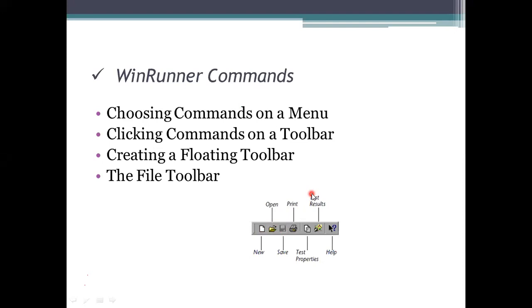So here we can make a toolbar a floating toolbar. To make it a floating toolbar, whether it is the user toolbar or any other, just double-click on the toolbar. What happens here is, there is no need to go to the toolbar area and select it. We can place this toolbar wherever we want, and whenever we are typing, it can be floating. It is easy to get the information that way.